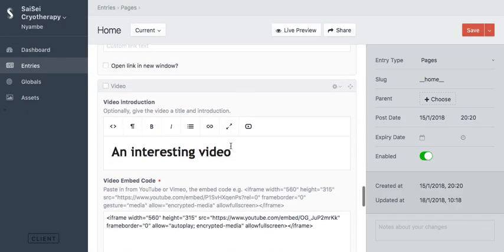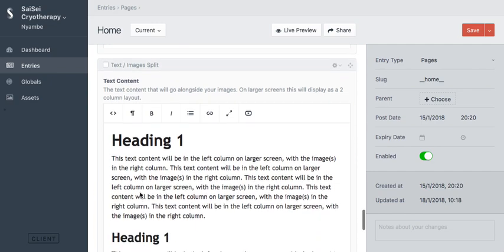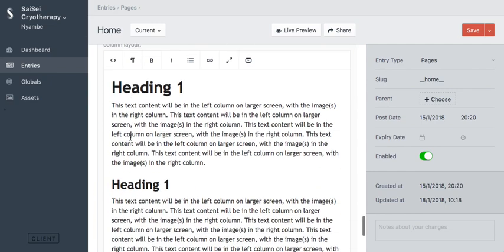And then we have a video, which is, as I said, either YouTube or Vimeo. That was the one which has got an introduction, and then you can paste in the embed code from YouTube or Vimeo into here, which is an iframe, as you can see. We've got the text image split, as I showed you, which was the left column of text,